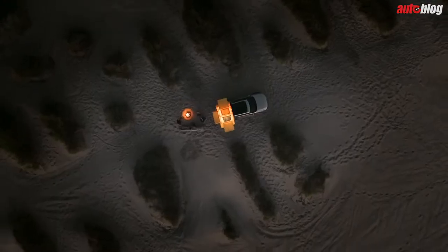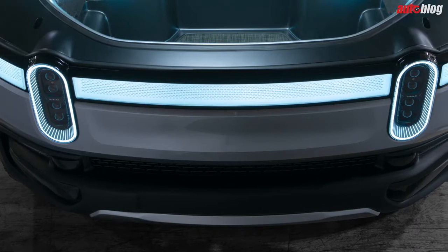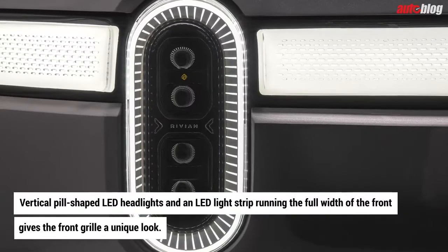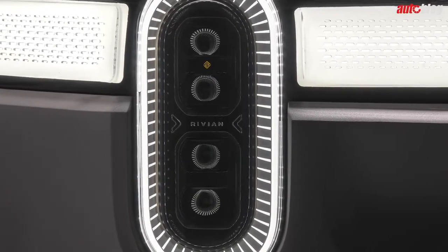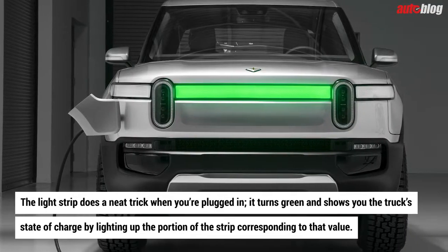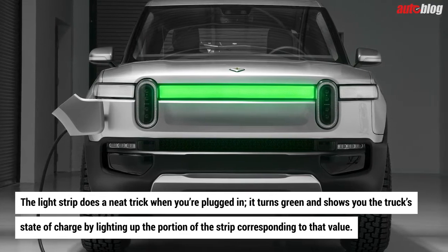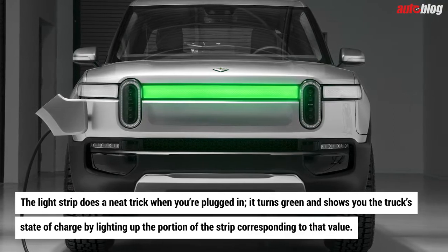This truck looks like no other truck we've seen before. We should discuss those vertical pill-shaped headlights first because you're either going to love or hate them. They certainly give the front end a unique look, but it can be jarring at first. Splitting those LED headlights is an LED light strip running the full width of the front. This light does a neat trick when you're plugged in. It turns green and shows you the truck's state of charge by lighting up the portion of the strip corresponding